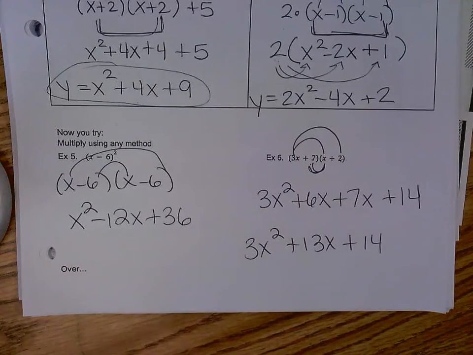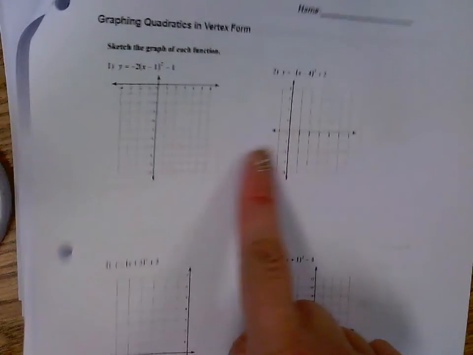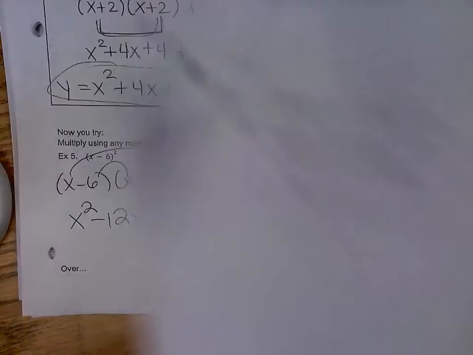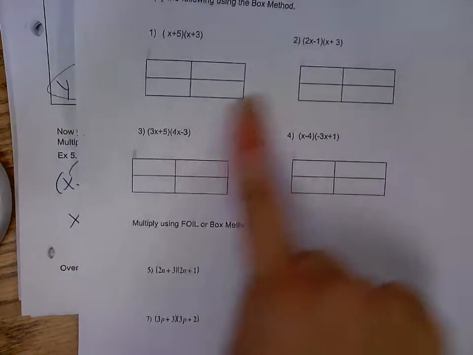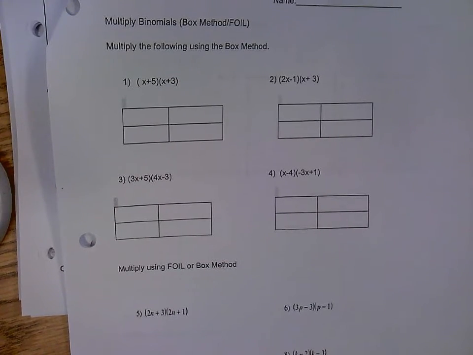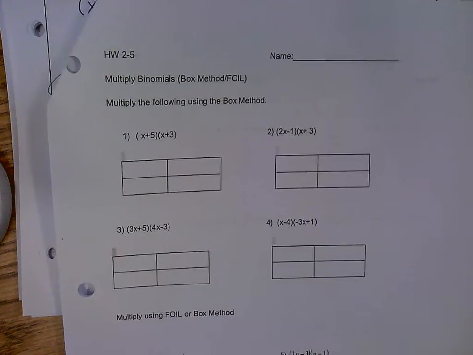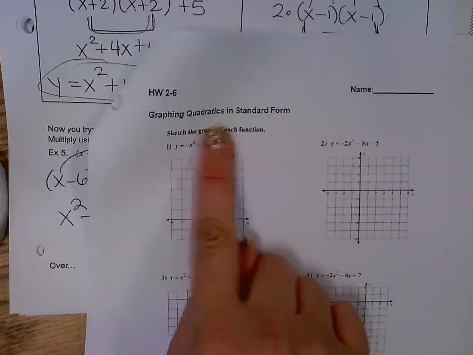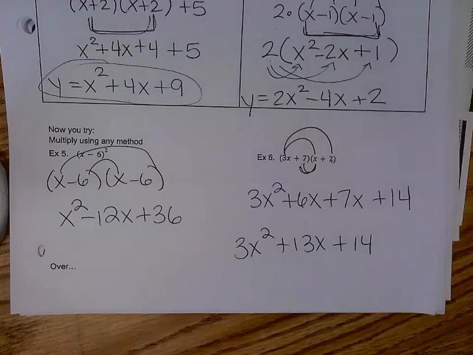If you are looking to get a little bit ahead this week, I'm only assigning 2-4 tonight, but that one is on graphing vertex form with your up, down, left, right. But if you look ahead to 2-5 and you're sitting down tonight and you're like, let me get ahead, 2-5 is just multiplying using FOIL. So you could do 2-4 and 2-5 tonight if you wanted to get ahead, if you've got a busy week. This is just multiplying with FOIL like we did today. And then if you look ahead to 2-6, this is one we haven't done yet, graphing in standard form. So you'll have to hold off when you get to 2-6. Okay, this last